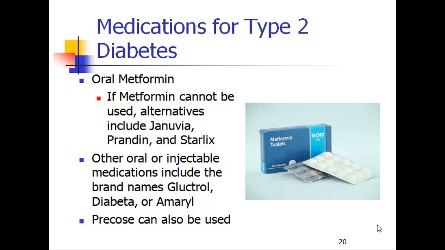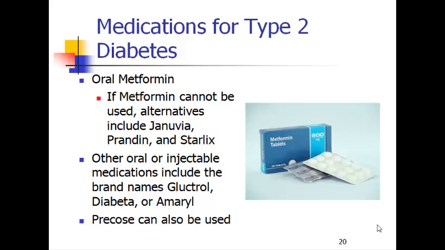Some medications include metformin, which is also known as Glucophage. This helps to improve the body's tissue sensitivity to insulin and decreases glucose production by the liver. Along with this medication, the person still needs to make some lifestyle changes, which includes losing weight and exercising. Alternatives to metformin include Januvia, Prandin, and Starlix. If metformin is not enough, other oral or injectable